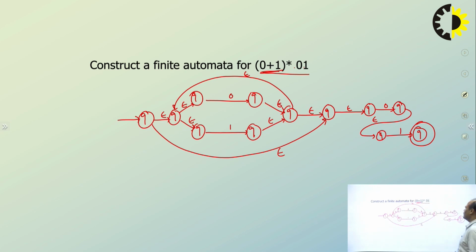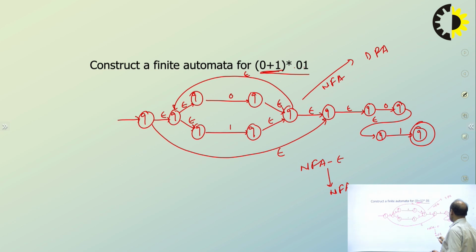So this is very simple to develop the NFA for any regular expression. The only drawback of this kind of NFA is that it has so many epsilon moves. If you want to convert this NFA to DFA, it is a very cumbersome task, because you have to go from NFA with epsilon to NFA, then remove epsilon, and then convert to DFA. It is tedious because you have many epsilon moves.